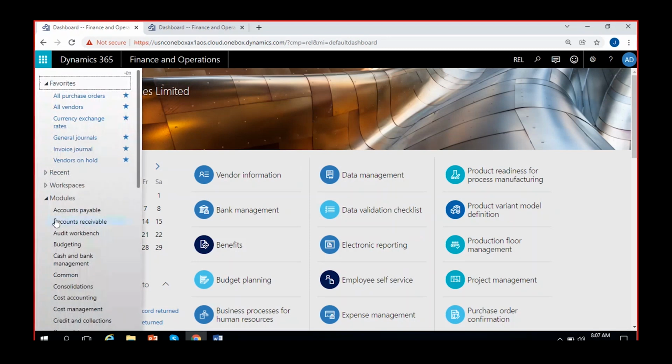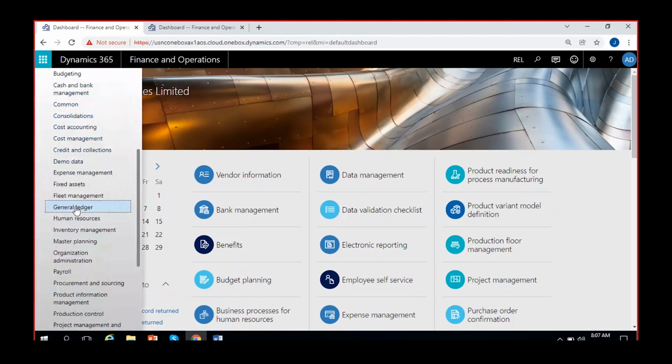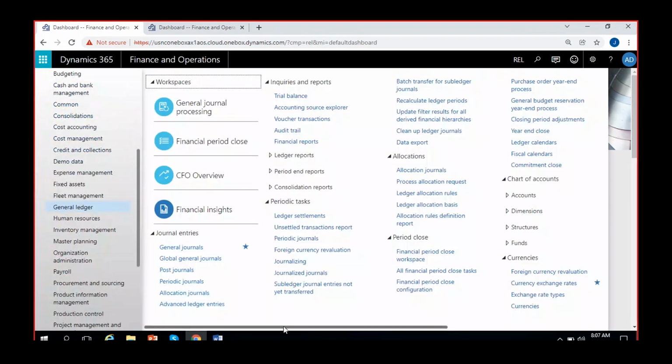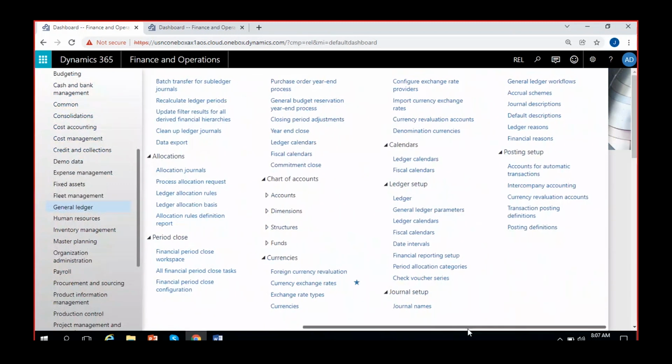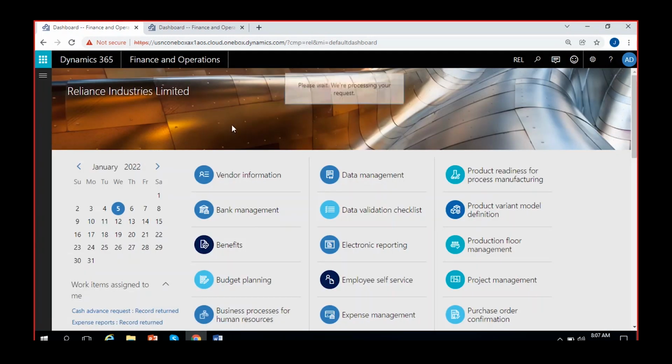Let's go to the sales tax parameters. That will be under general ledger only. In general ledger parameters, there is a menu called sales tax. So here in general ledger, under ledger setup, we have general ledger parameters. We all know that. If I click on this general ledger parameters,